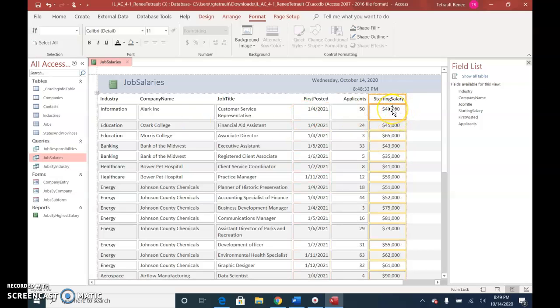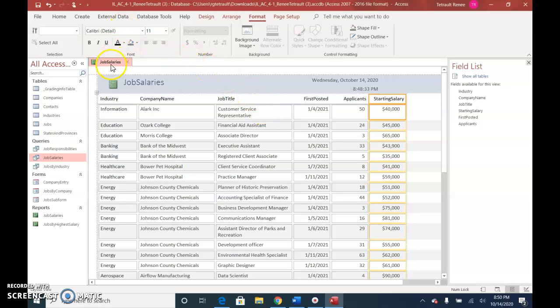So you just moved it completely. Click the Job Salaries tab and click Save, and it's asking you if you want to have it that name or give it a new name, but that's fine, because even though it's the same name as this query, it's going to be down here under Reports, so the same name is fine. So click OK,